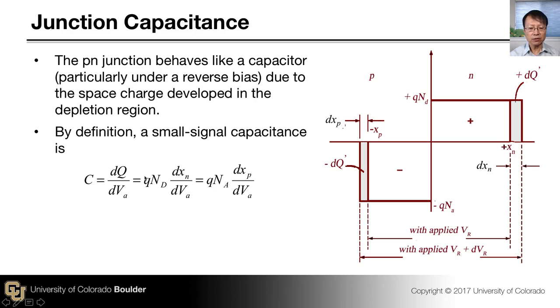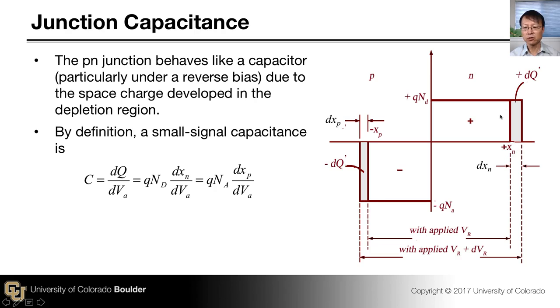And by definition, your capacitance is the change in charge, dQ, in response to the change in applied voltage. Now, the charge stored at the junction is the space charge within the depletion region, the ionized donors and ionized acceptors within the depletion region. So the change in stored charge is due to the increase and decrease of the depletion region in response to